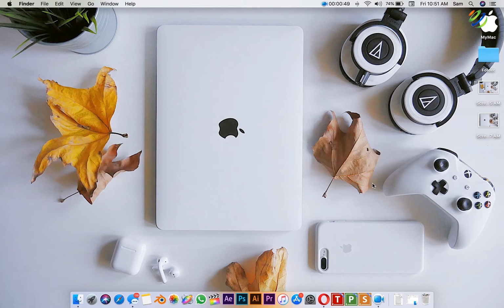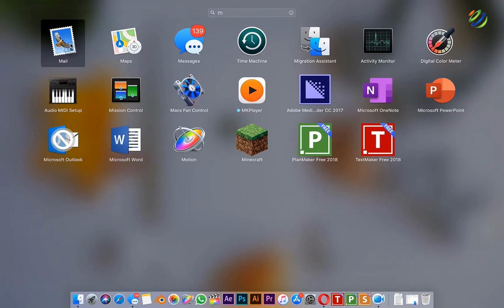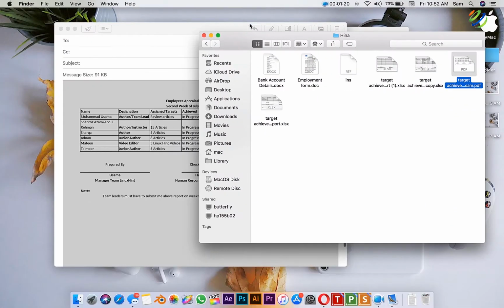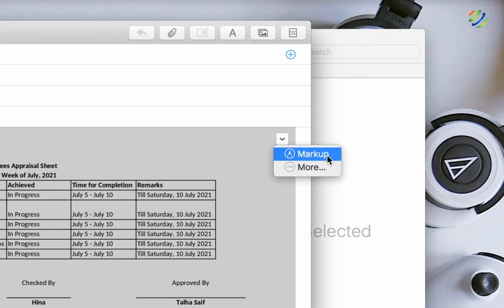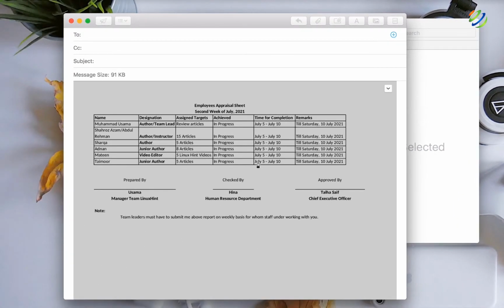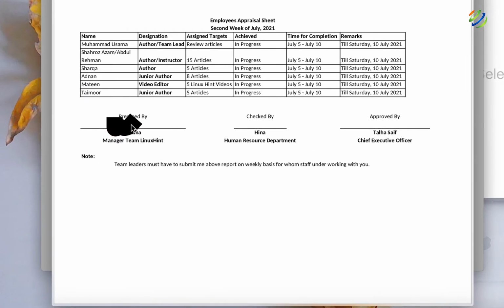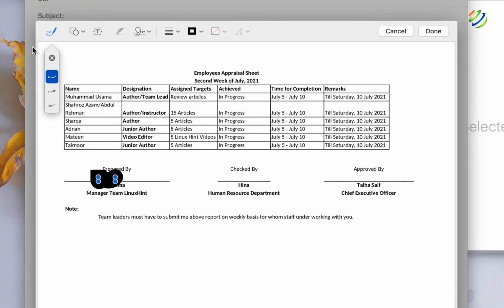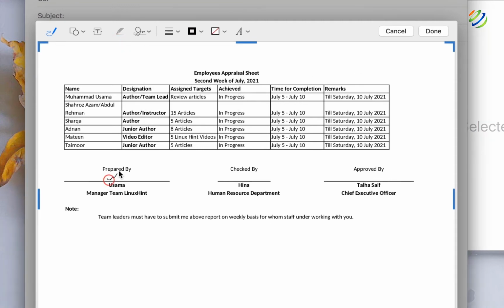It is the 21st century, but we are still using signatures on papers. Mac OS has made it easy for us. Drag a PDF into the email you are sending, hover over it, and then at the top right, you will see a little button appear. Click it, and you get a range of markup options, including one for signing documents. What's more, you can either add your signature by holding a signed piece of paper up to the webcam on your Mac, and it does a fantastic job of cutting it out from the background, or by drawing on your trackpad.